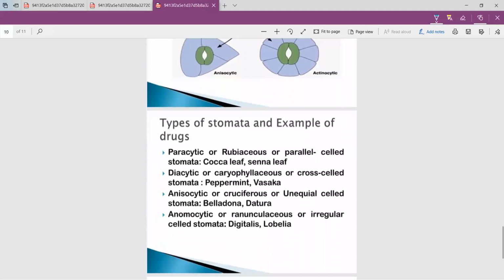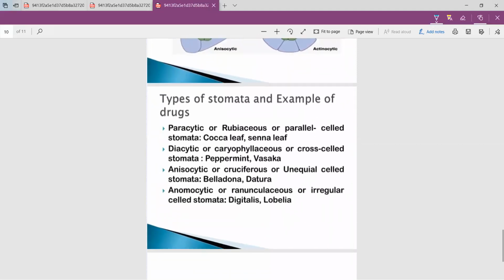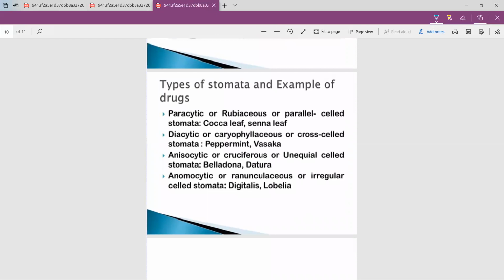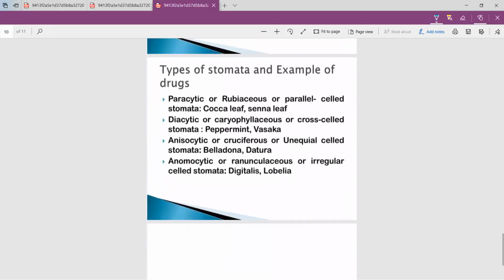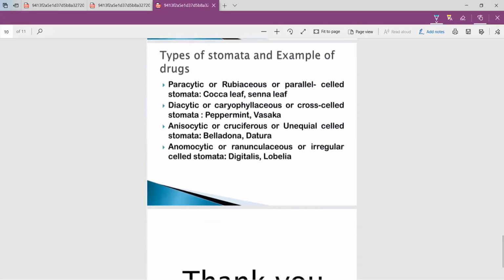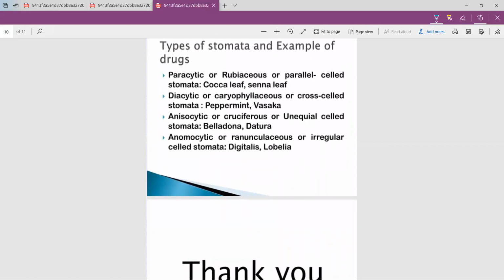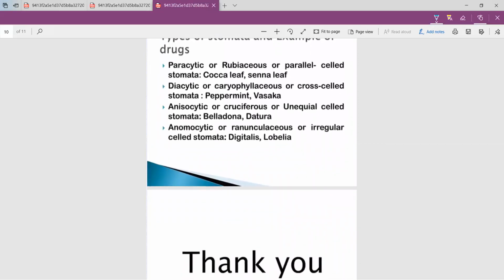This is also important for the identification of drugs, generally the drugs which are obtained from the leaf part. By identifying the type of stomata we can identify whether this is the correct drug, so it is also useful for drug adulteration. Paracytic or rubiaceous are parallel celled stomata, seen in coca leaf and senna leaf. So identifying the type of stomata is useful for the identification and evaluation of